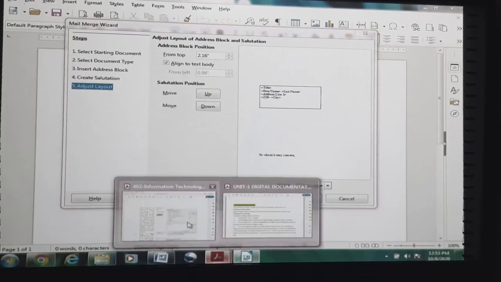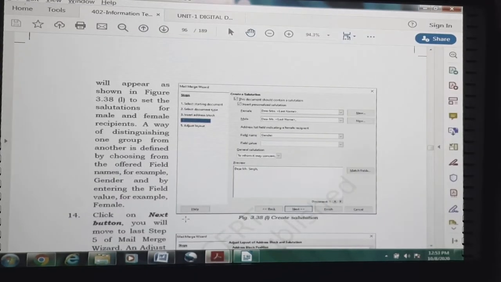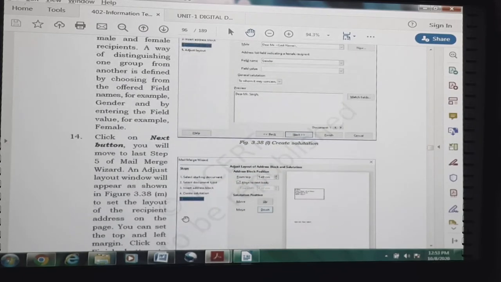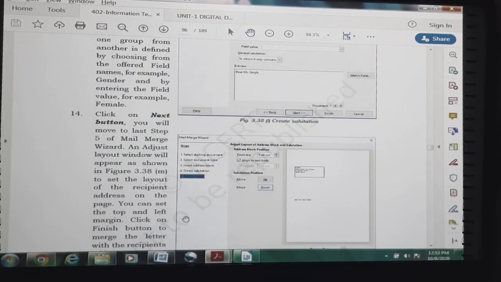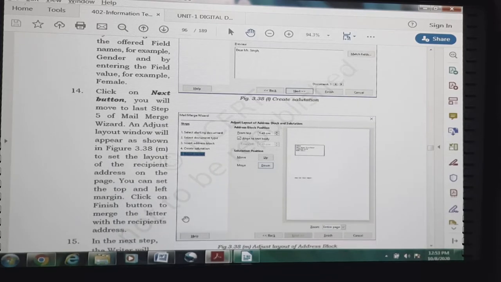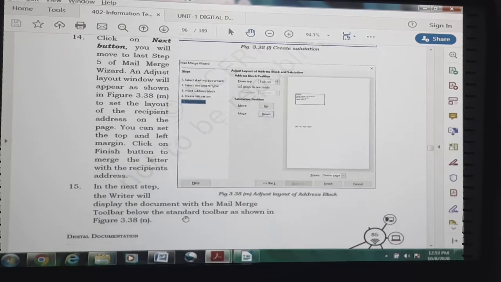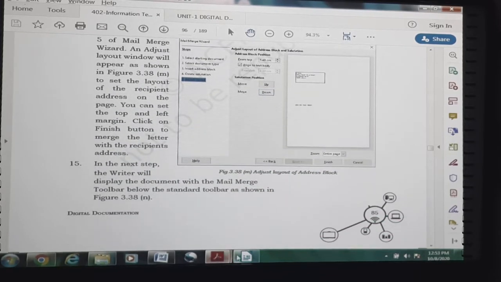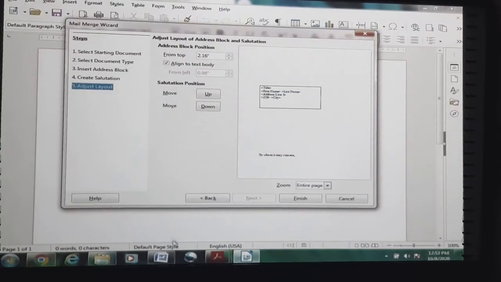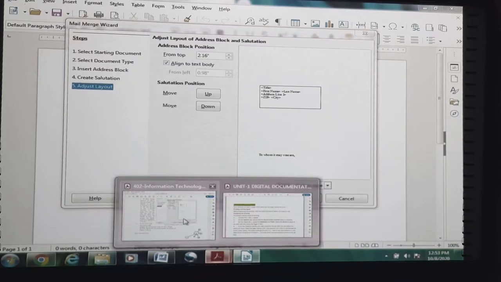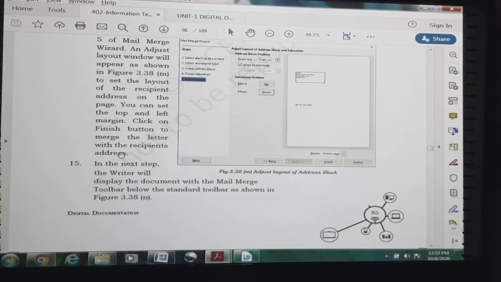After pressing the next button, you will move to the last step. This is the last step of mail merge, that is adjusting the layout. Okay, so here we can adjust the layout of our address. In the next step, the writer will display the document with mail merge.